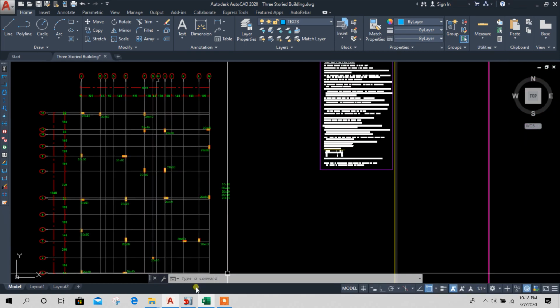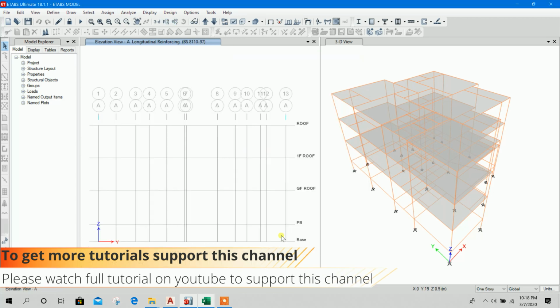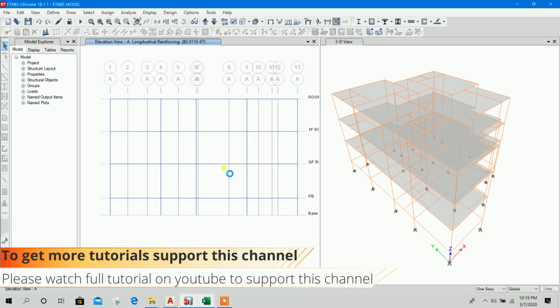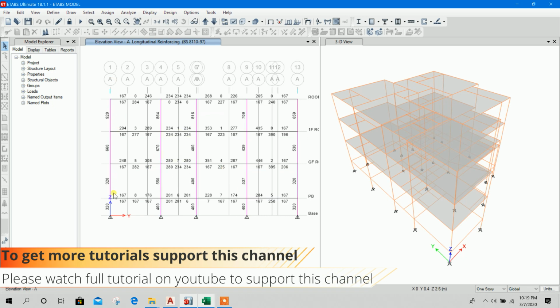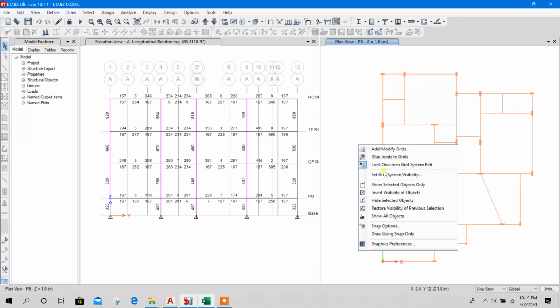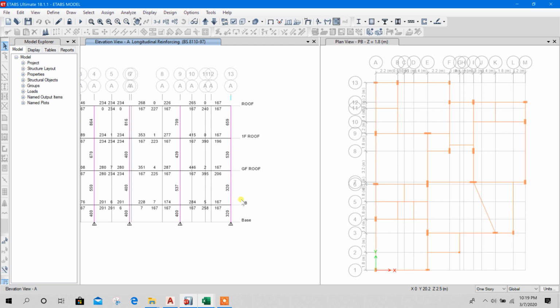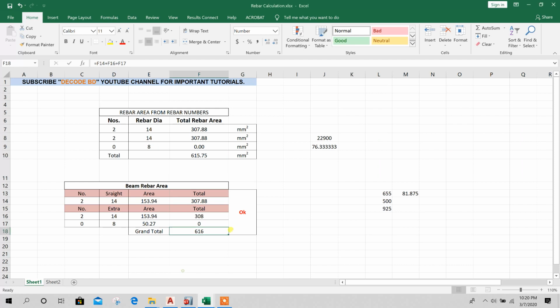Now for column design, elevation grid A. Here we can check, go to plan, here set grid system visibility, 13A, this one. For example, this column, here maximum reinforcement is 660 millimeter square. This is the required reinforcement, 660 millimeter square. So now we will check